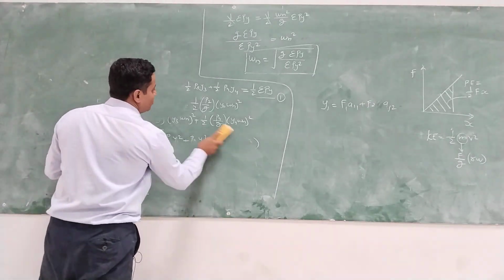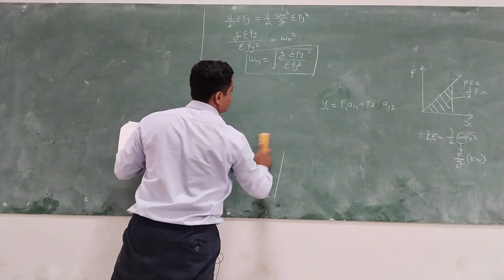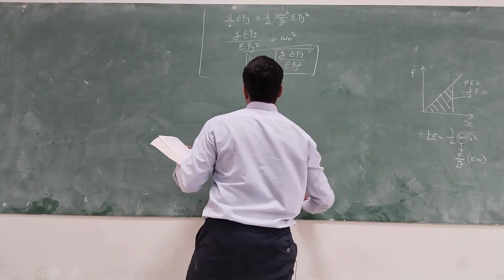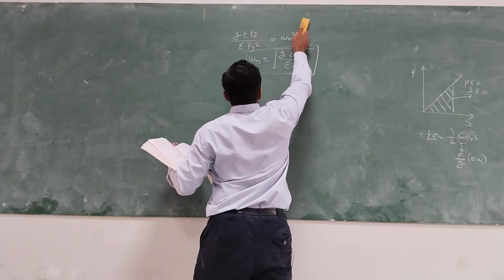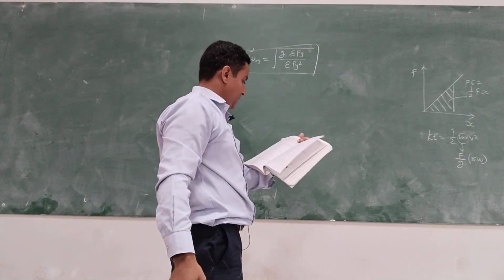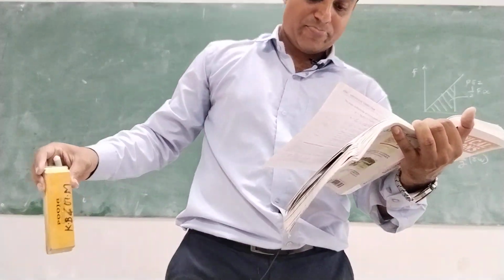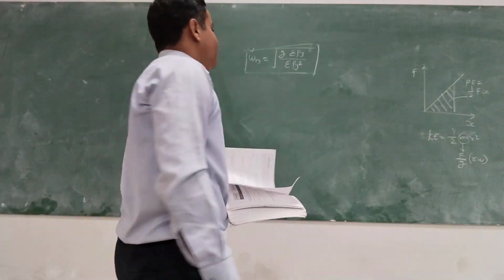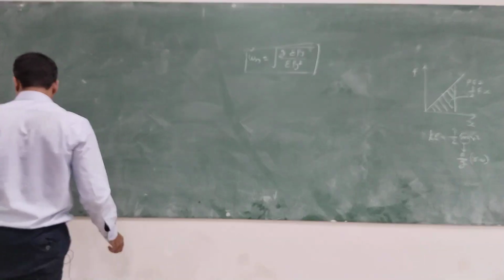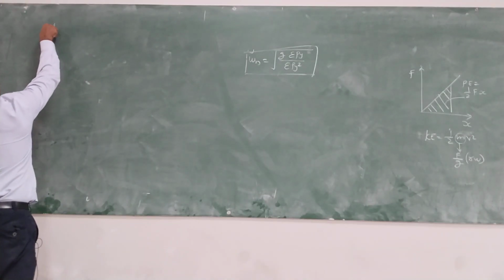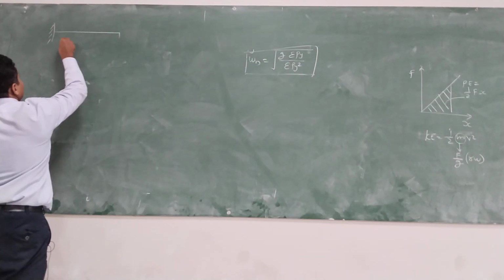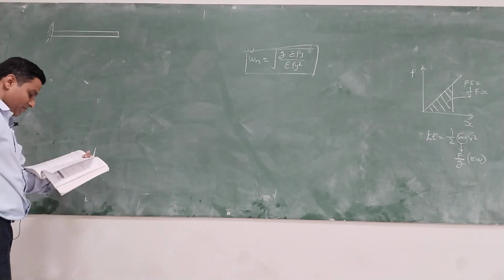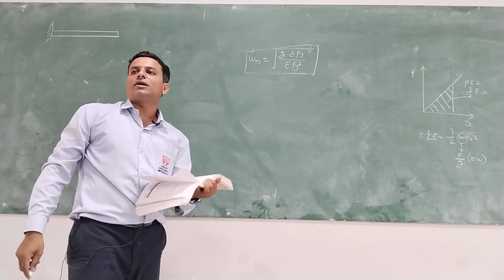for the system shown in figure, by Rayleigh's method. Take E is equal to